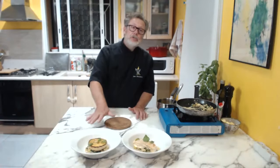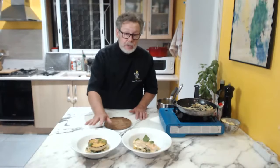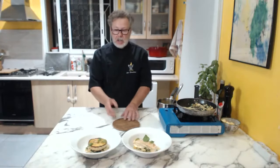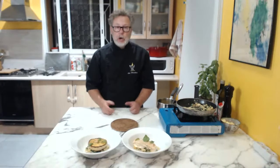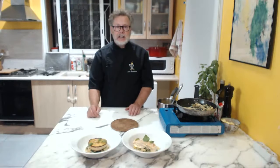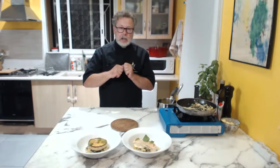So that's something I use a lot. One of my preferred ways to prepare celeriac is to make a salt crust. To wrap it up in there, you don't even peel it. You just take the top off and you wrap it up, and you cook for a long time. It's 1 hour and 30 minutes inside the oven, and then you open that salt crust, and you add a